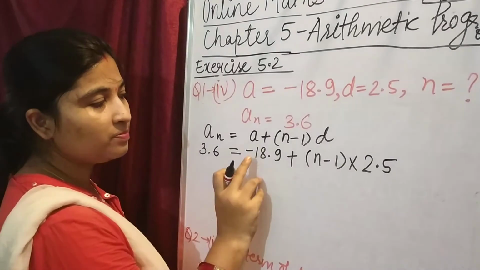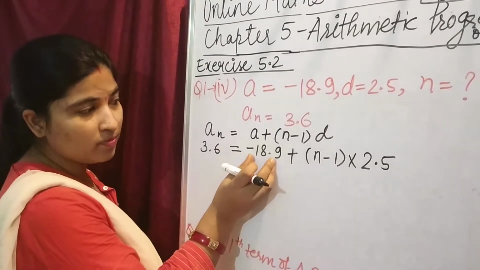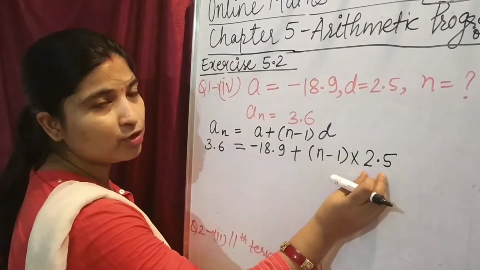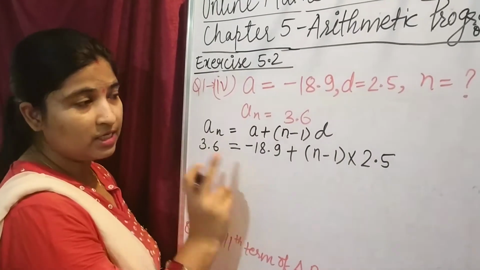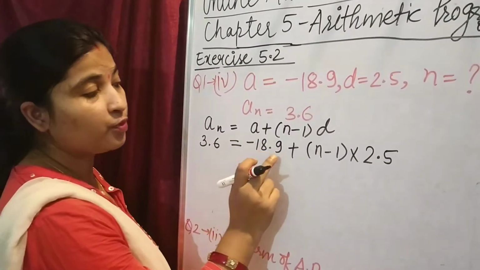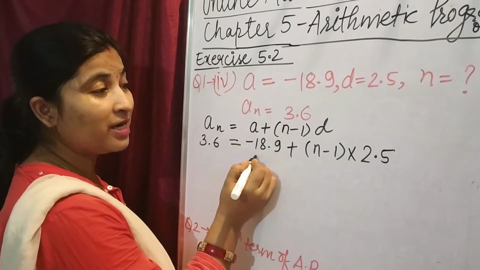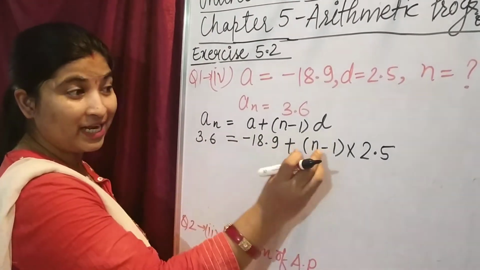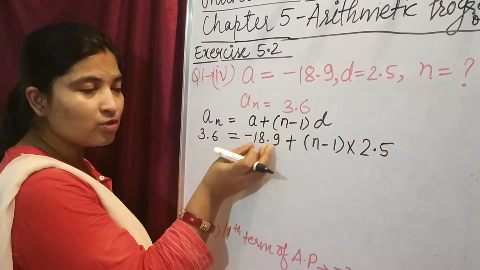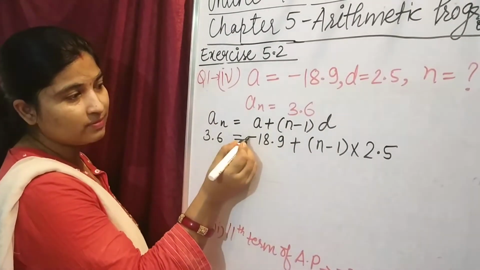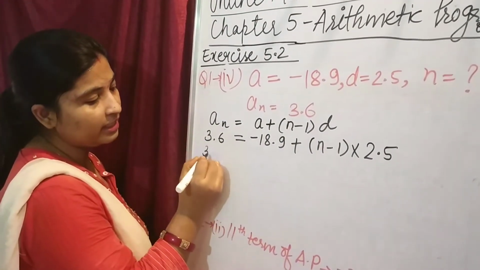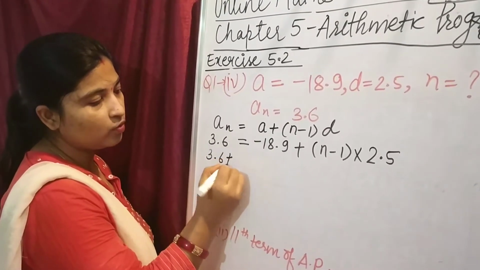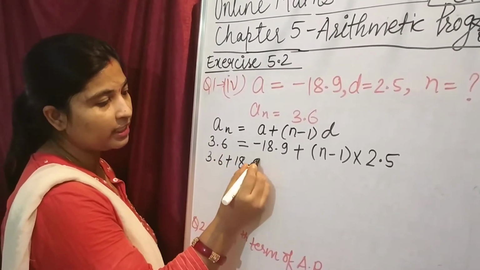तो मूवमेंट की जब बात आएगी, तो आप मुझे सोच के बताओ कि माइनस 18.9 मूव करेगा या 2.5 मूव करेगा. यस, यहाँ पे माइनस 18.9 मूव करेगा, क्योंकि प्लस माइनस और मल्टीप्लाई में पहले प्लस माइनस मूव करता है. जो n से दूर है, n के साथ बैठा है वो नहीं जाएगा, जो n से दूर है पहले वो जाएगा. तो this minus 18.9 will move this side, and this minus will go in plus 18.9,